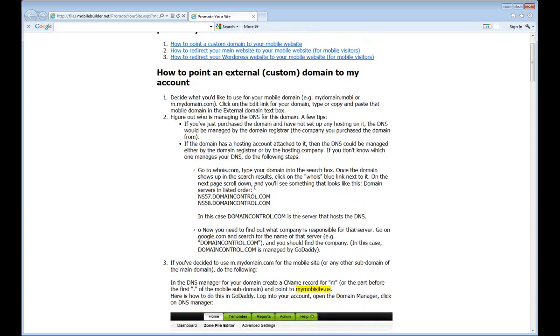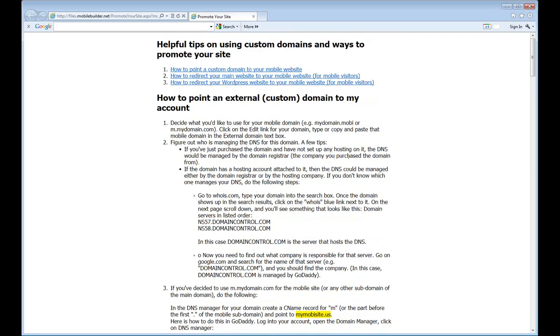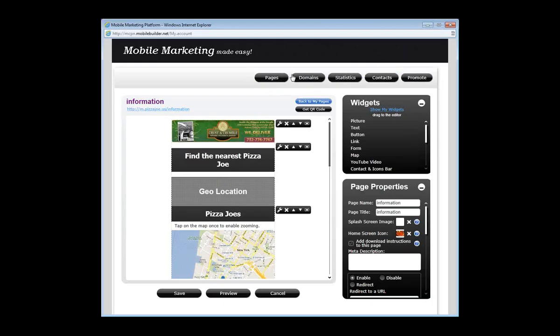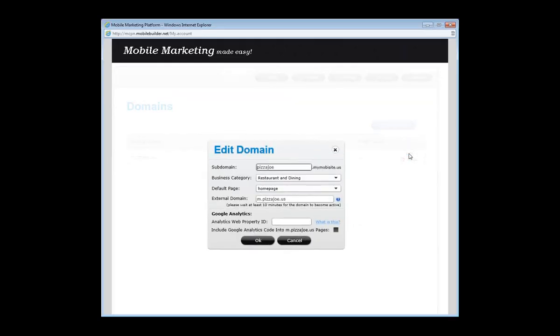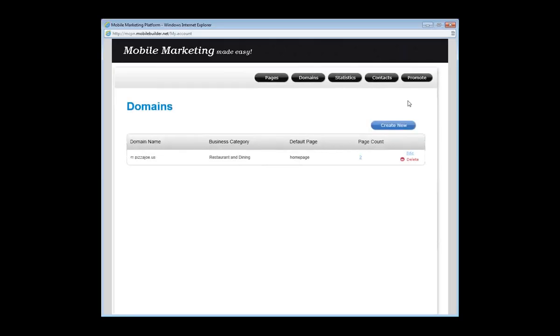If I don't use the custom domain, what I want to use is, when I go to domains, I can't use the m.pizzajoe.us until I set up this custom domain. So what I would be using is pizzajoe.mymobisite.us. Once I have that set,